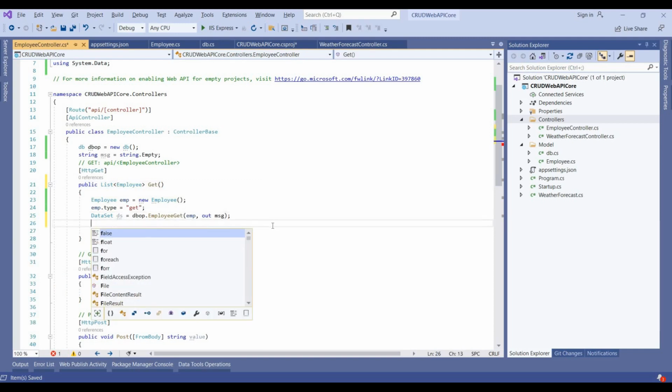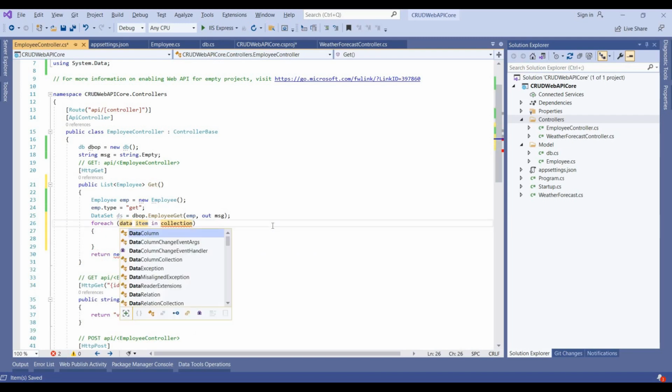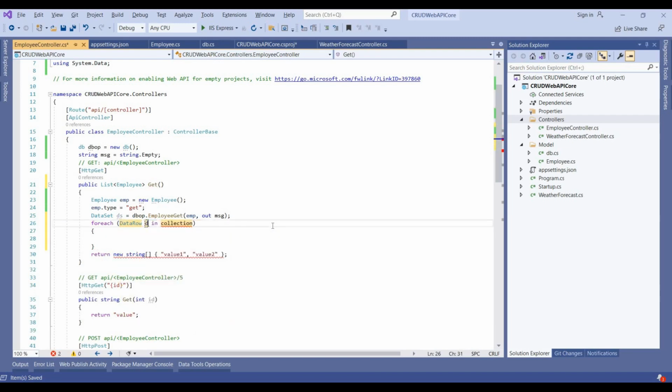Then it's foreach, it's a DataRow d here, and then it's ds.Tables[0].Rows,